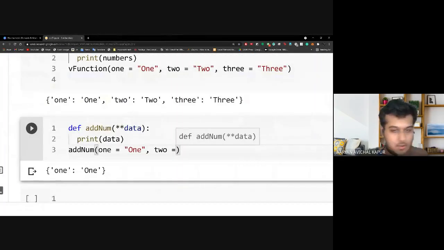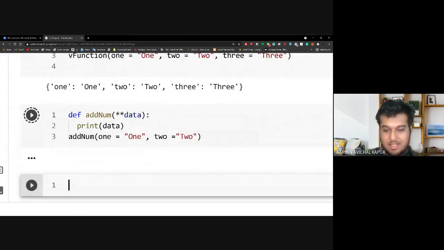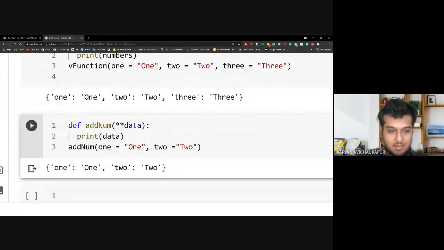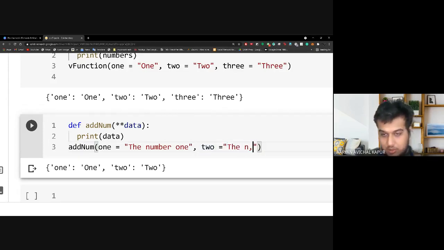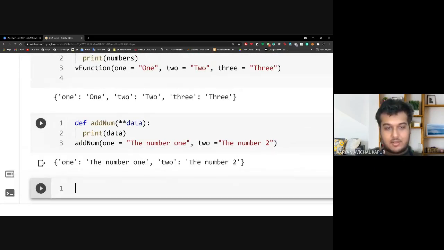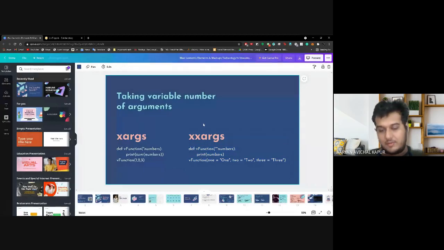Yeah. So we simply put in whatever we want, and this will actually store it as a dictionary for us. It will create a simple dictionary with keys and values. So this would be the number one, and this would be the number two. This stores the entire dictionary for us, and this ensures that we can use this variable and these values whenever we want in the future as well. So this is how variable number of arguments are taken. Is this clear to everyone? We had a small hiccup there while running the code, but is this clear to everyone?